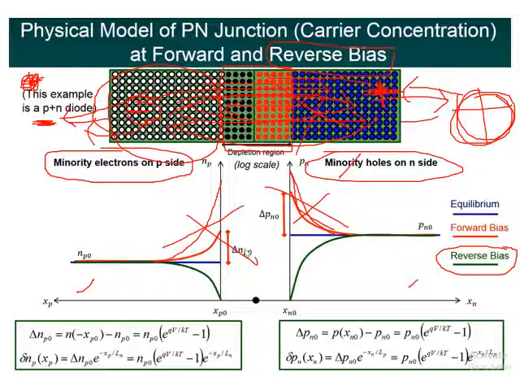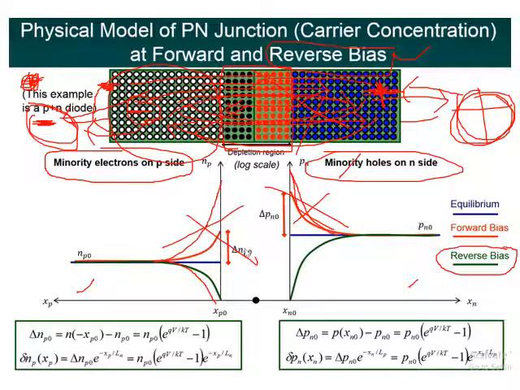The hole will be repelled by the reverse bias potential. In the same way, electrons which are present here in the p-type material, which have already come from the n-type material, will again be repelled by this negative potential. So again they will try to escape from the p side. Ultimately, the conclusion is that whenever reverse bias potential is applied, the minority carriers just move away, in the sense they try to decrease.